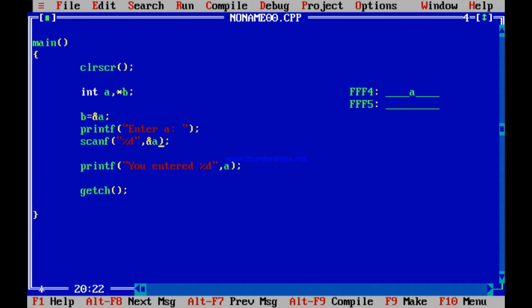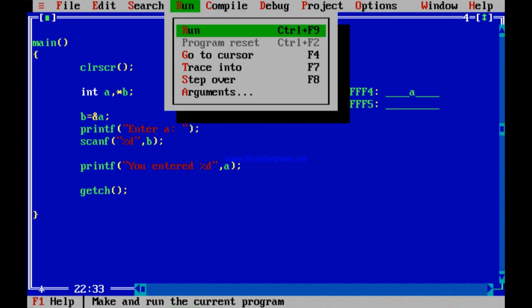Now this FFF4 location has been copied to B. Instead of giving the address of A, you just enter B. You are telling the user I am presenting you FFF4 to contain A. If you print A, what will be printed? Whatever the user entered. Very interesting.